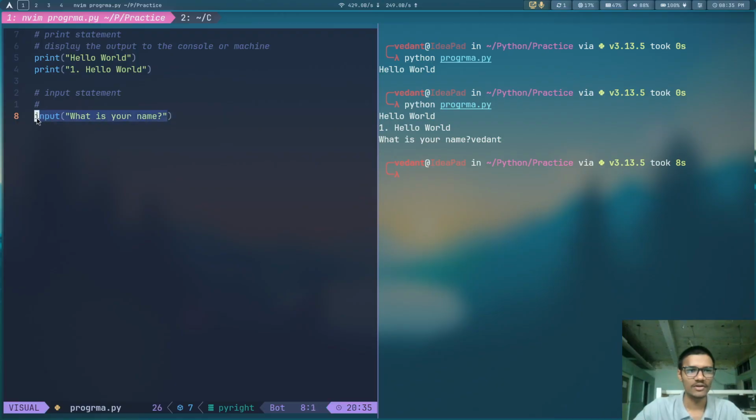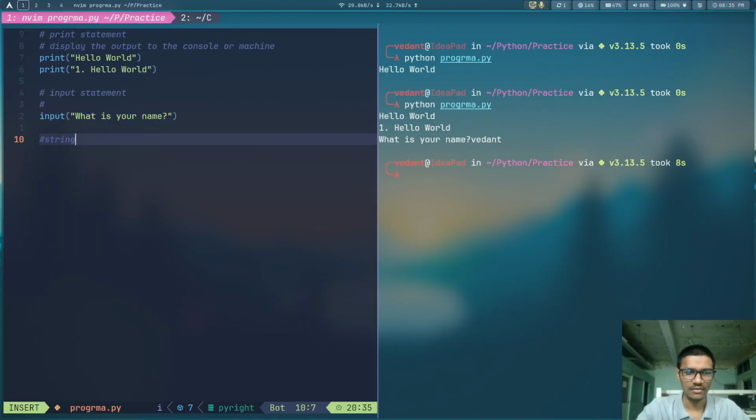There is not a particular thing in which it can be stored or not, because if you want to store something, you can do it like this, Vedant input, which is a string. What is a string? A string is a combination of characters.